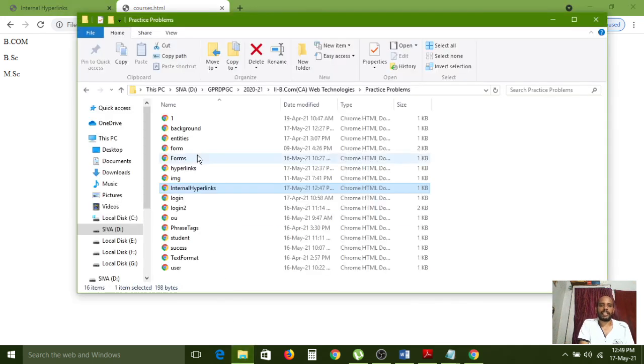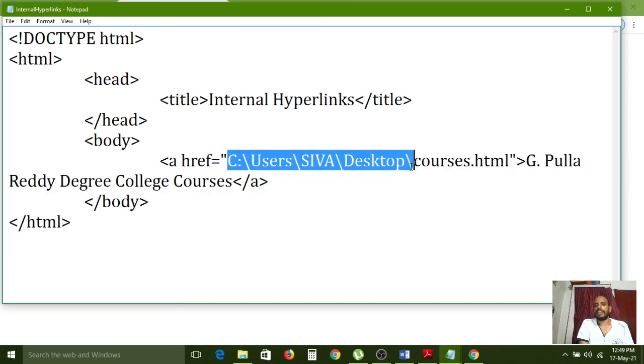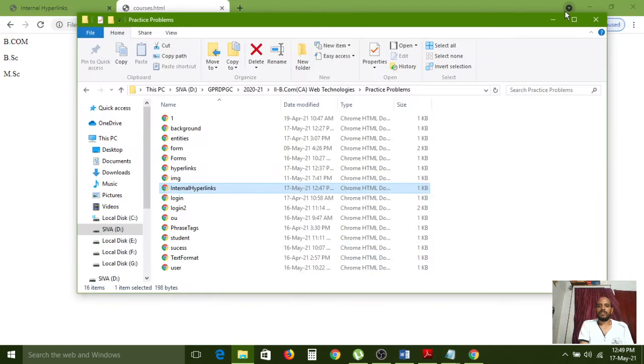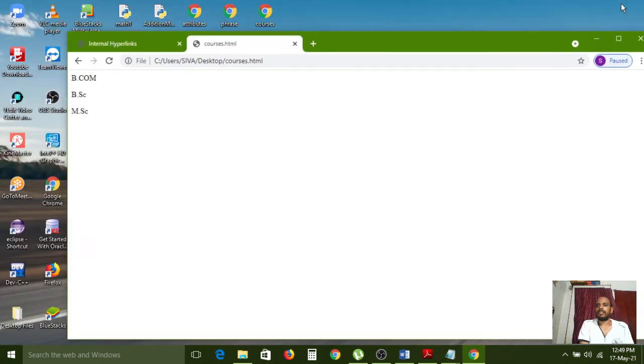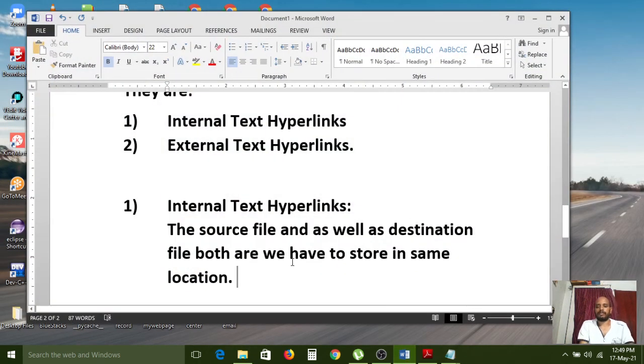If both files are available at the same location, like in D drive, here the internal hyperlinks file is there and the courses file is also available here, then no need to give any location, no need to give this complete path. Just the file name is enough. Understand? Internal hyperlinks will work like that. Next, we have to see about external hyperlinks.